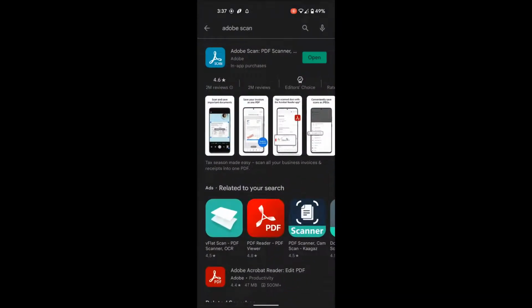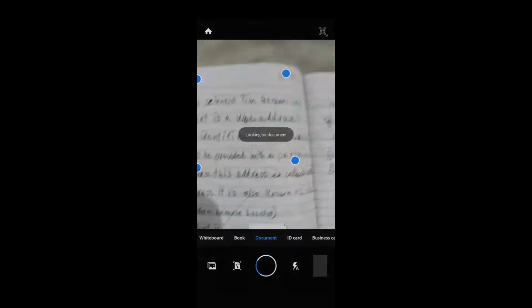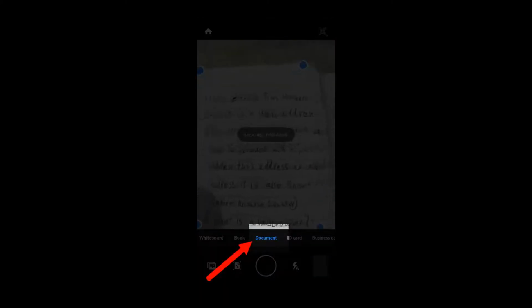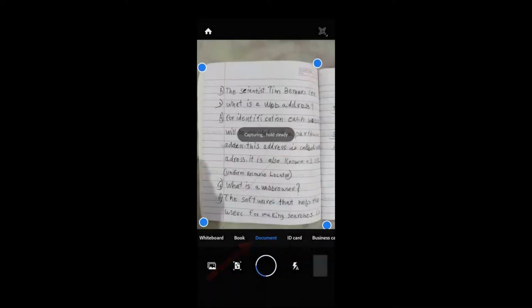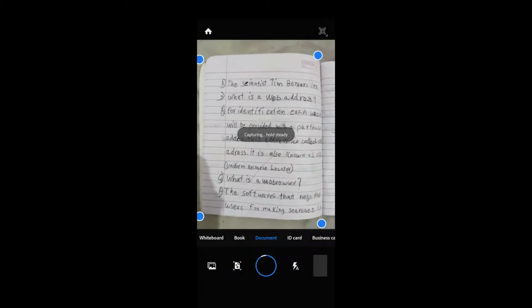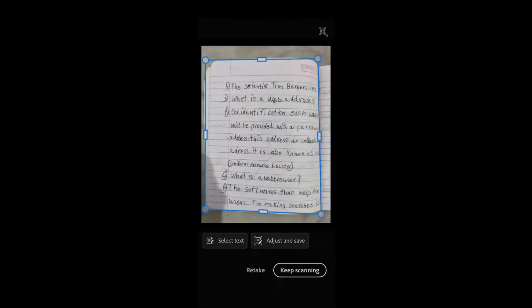So go to Play Store and search for Adobe Scan and you will find this app. Open the app after installing and you can see that at the bottom it's in document mode. So in document mode, just hold the page in front of the camera and you can see that it automatically identifies the corners of the page and draws this border. You can change the area of the scan by dragging along these edges, and then when